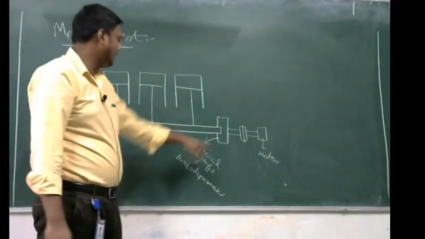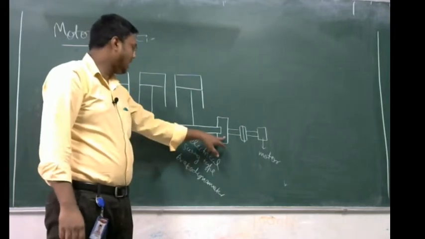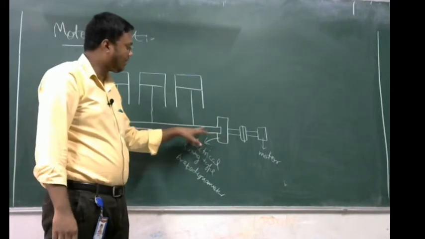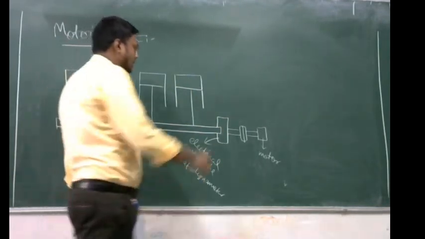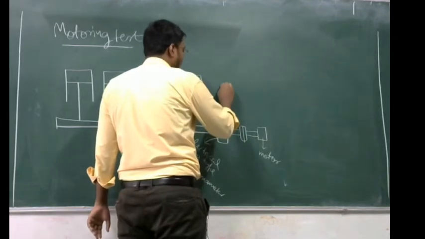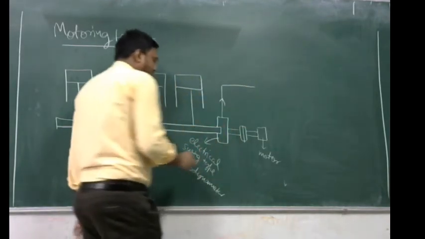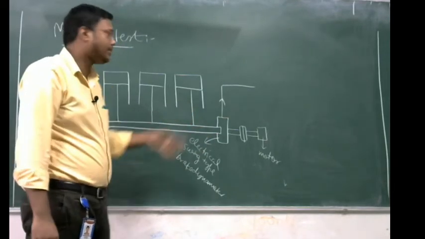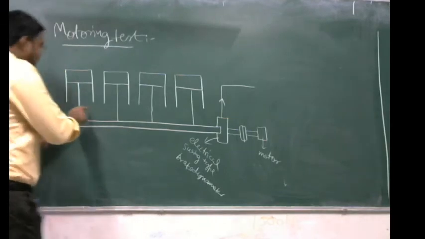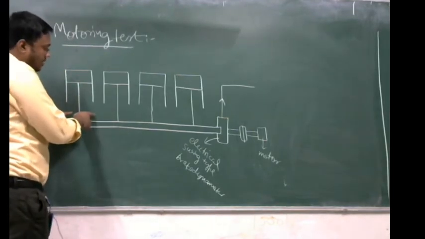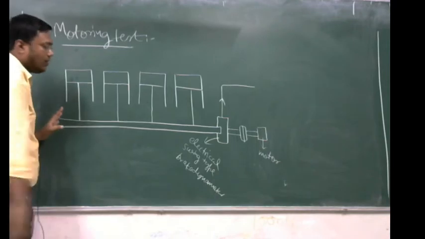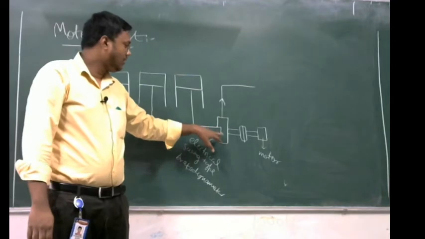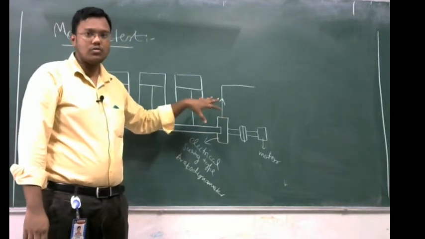As this dynamometer is an electrical swing type dynamometer, when it measures the power from the crankshaft, that is the brake power, it also converts this brake power into electrical power. There is an electrical circuit here, and this dynamometer converts the brake power into electrical power and stores that electrical energy. So now the engine is in running condition and we are getting the total brake power from the engine, and that brake power is converted into electrical energy by this dynamometer and stored.